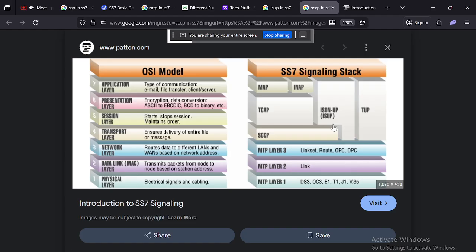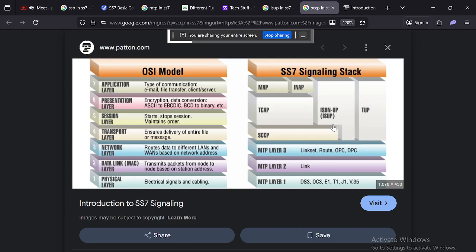In this case, we also need to look at the application layer and how SCCP is going to work. First, MTP1 is the physical layer and MTP2 is the data link layer. MTP1 connects the HLR and VLR, and everything. MTP2 transfers the data between two endpoints in a secure, error-free manner.